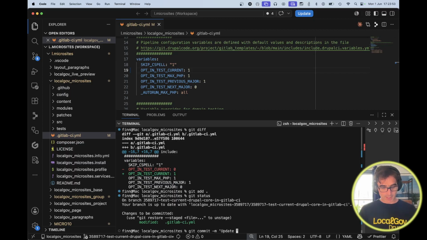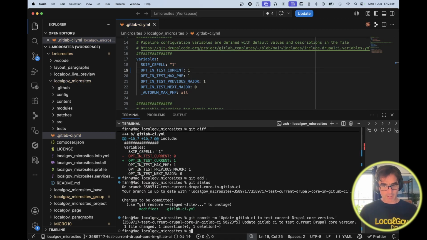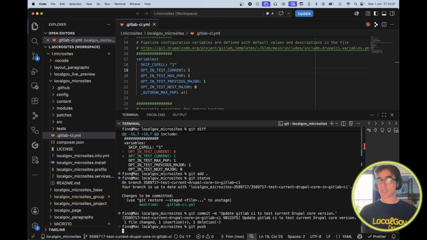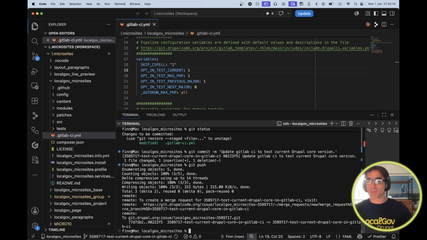update GitLab CI to test current Drupal core version. I do like a git commit message that describes what we're doing. And let's push that back up to our issue fork. Now, GitLab is very helpful in that it has already set our local branch to track the remote branch, and